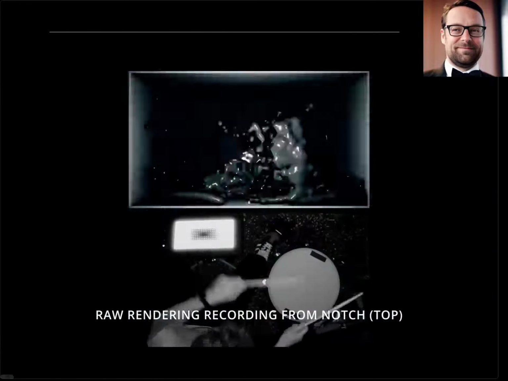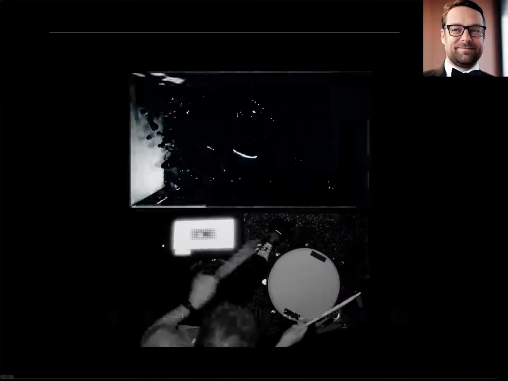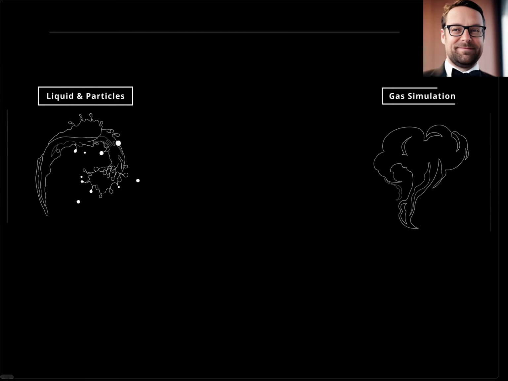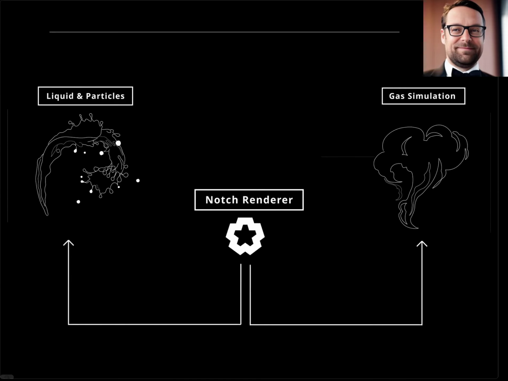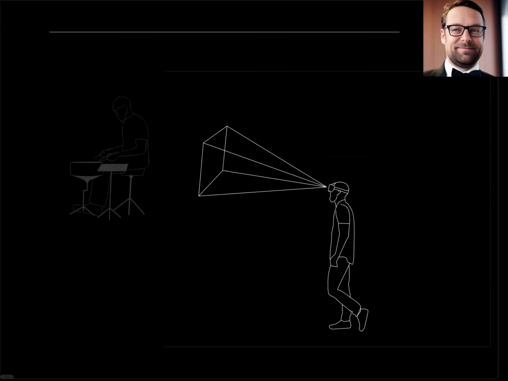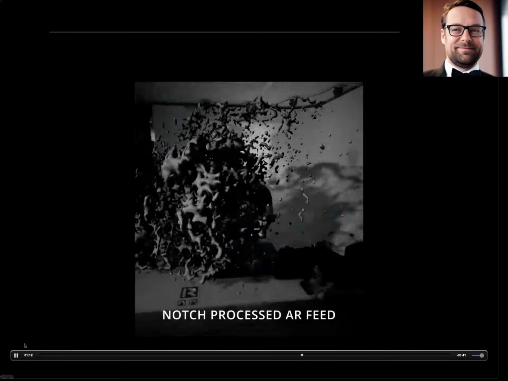Each hit or gesture of the drumstick triggers an immediate musical and visual reaction. The performance is displayed to the audience on a large LED screen, combining the real-time rendered visuals with live camera captures of Brett as he plays. Real-time particles, gas and liquid simulations are generated in Notch and rendered via their new hybrid real-time ray tracing and rasterization renderer. An audience member will stand on stage overlooking the performer and wear a Canon Unreal M1 headset. This is relayed to the rest of the audience via a live feed.